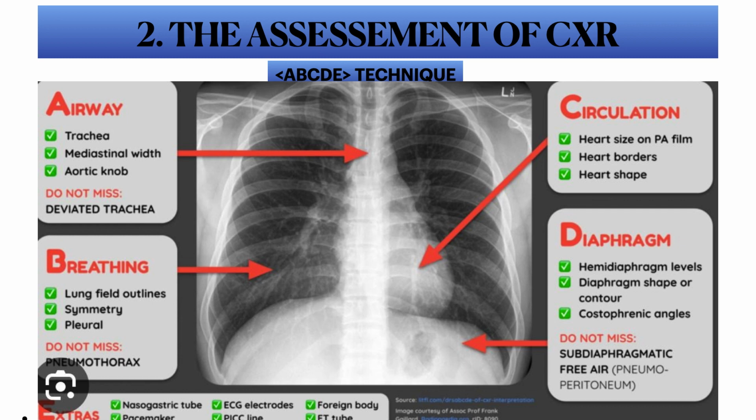And also we should check if one of the costophrenic angles is not clearly seen due to fluid collection for case like emphysema. Then we can check the fluid or gas level if it is present on the left side in the gastric fundus region. And the final thing